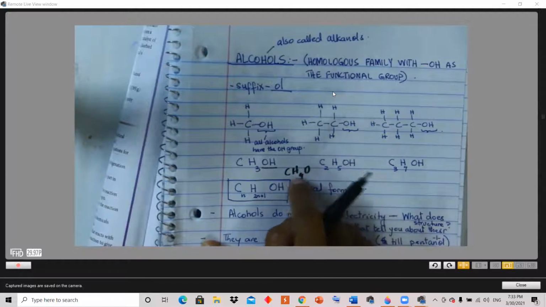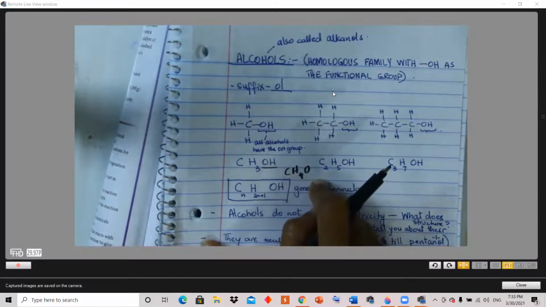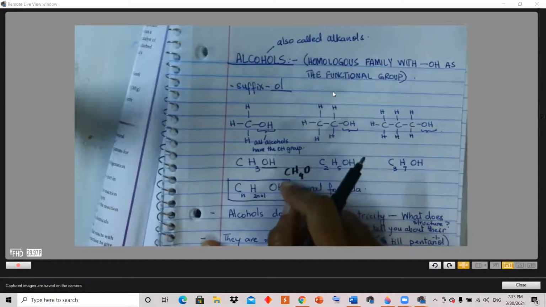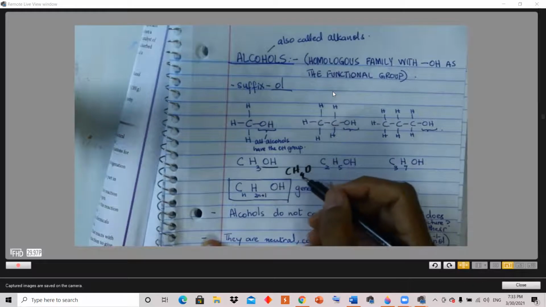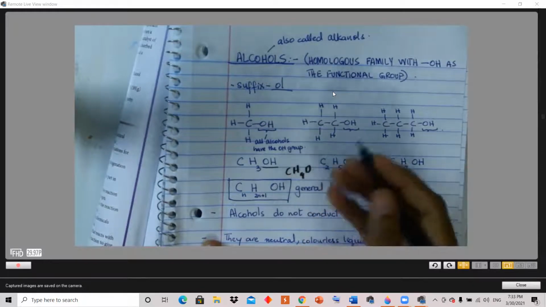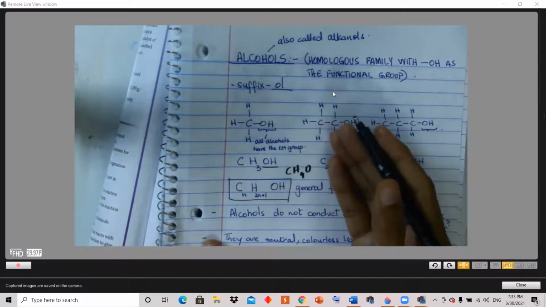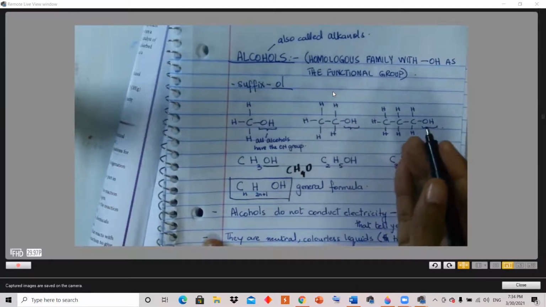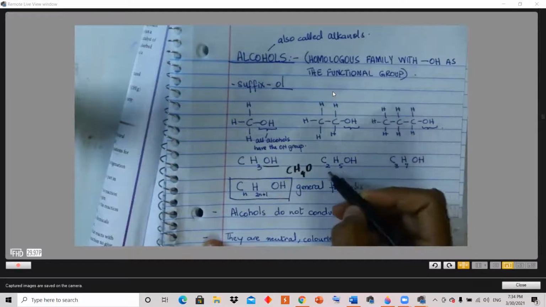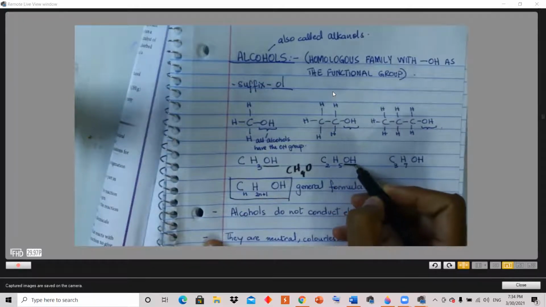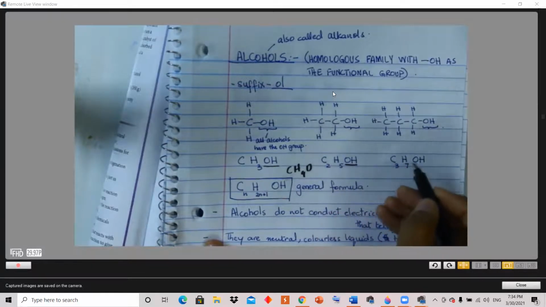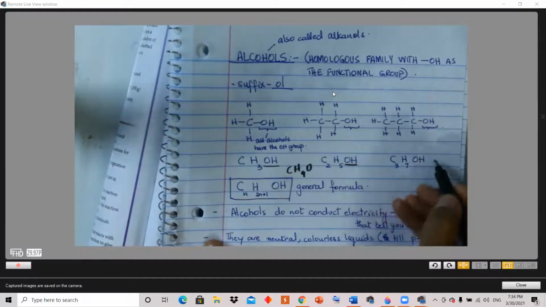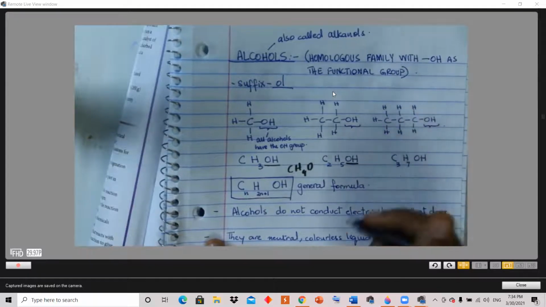But writing it this way does not help you in recognizing that this is an alcohol, because this can be something else. This can be a carbohydrate, this can be an aldehyde, this can be a couple of other homologous series. So this is helpful. This shows that there is OH, and so this must be alcohol. So it's easier. C2H5OH, this is more common. C3H7OH. So we can easily say that this is an alcohol.